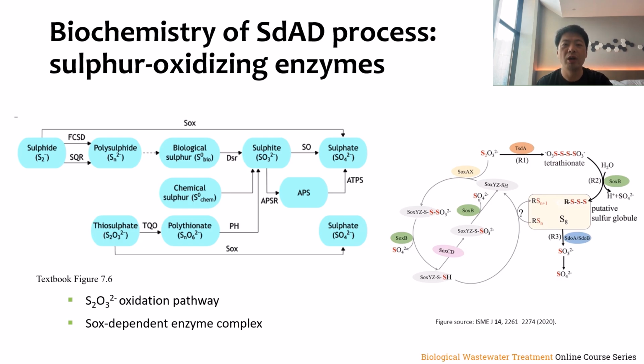tetrathionate via thiosulfate quinone oxidoreductase, followed by its conversion to sulfate through hydrolysis by cytoplasmic tetrathionate hydrolase. This pathway involving tetrathionate formation is prevalent among several beta and gamma proteobacteria, particularly in obligate chemolithotrophs like Acidithiobacillus. The SOX-dependent